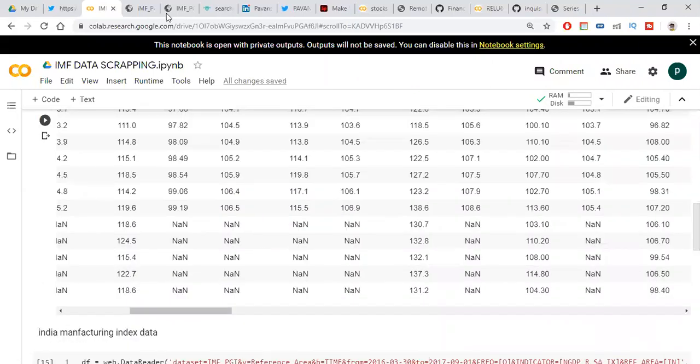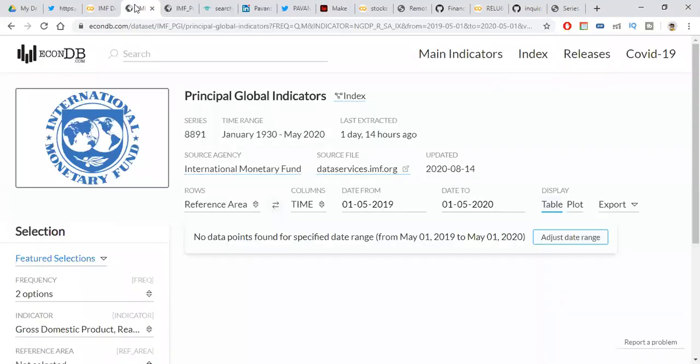It is a simple process, friends. You can select different types. Index, it is IMF data.